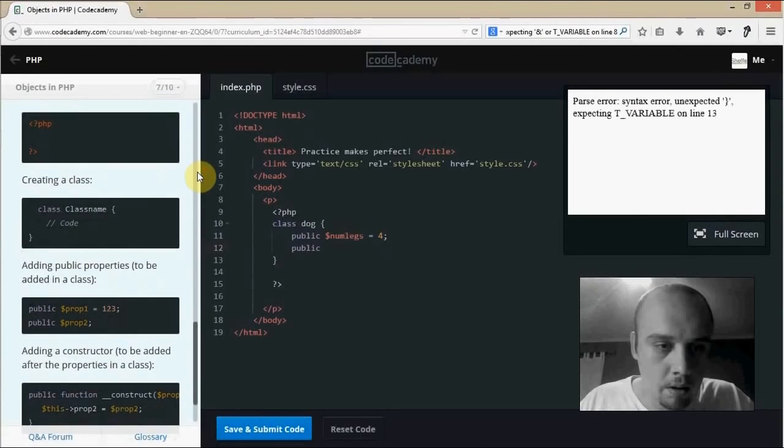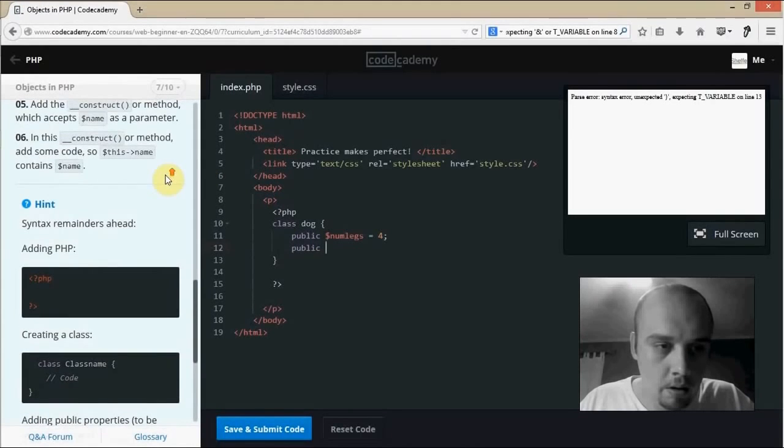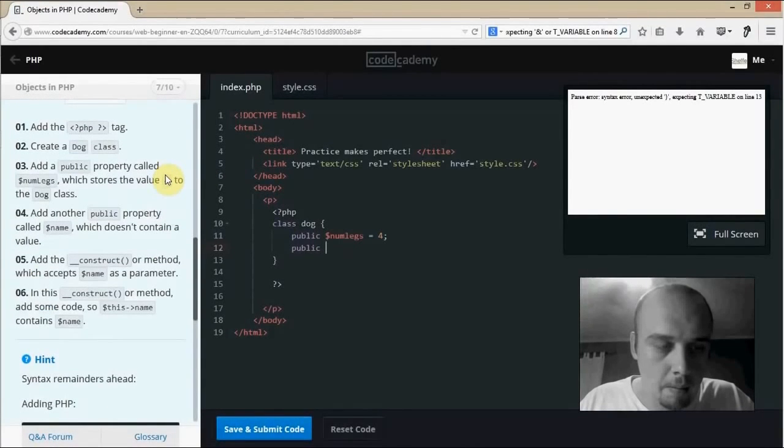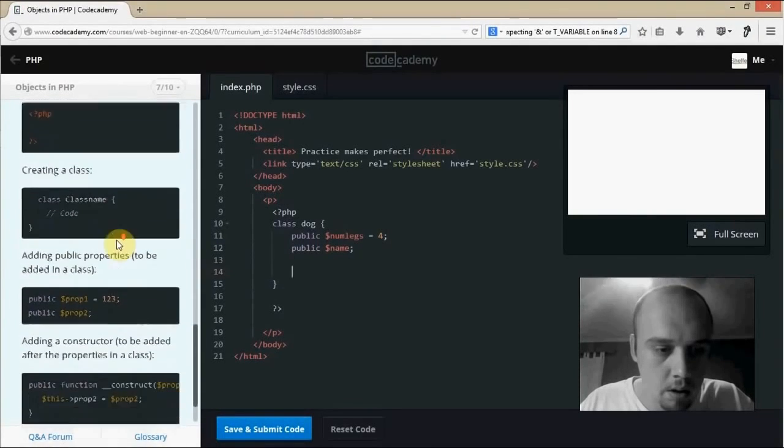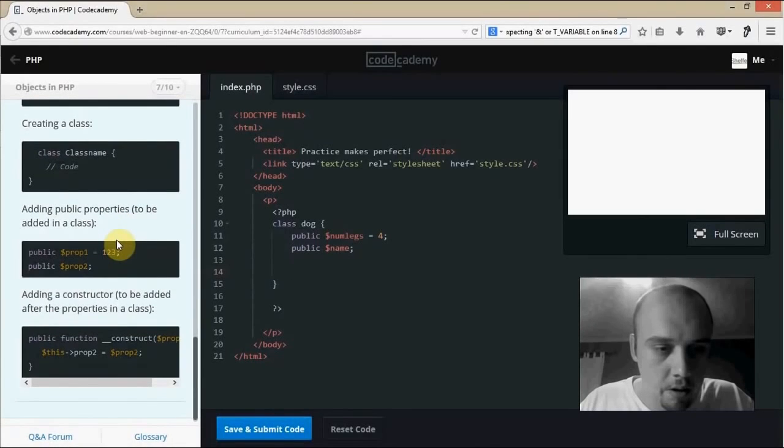Okay. Hang on. Add a public property called numLegs, which stores the value 4 to the dog class. Add another public property called name, which doesn't contain a value. Add the constructor method, which accepts name as a parameter. What? Adding a constructor to be added after the properties in a class. Public function